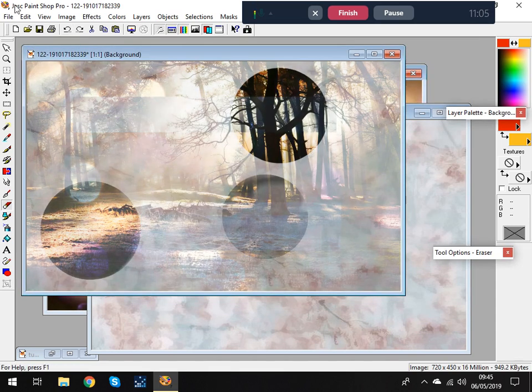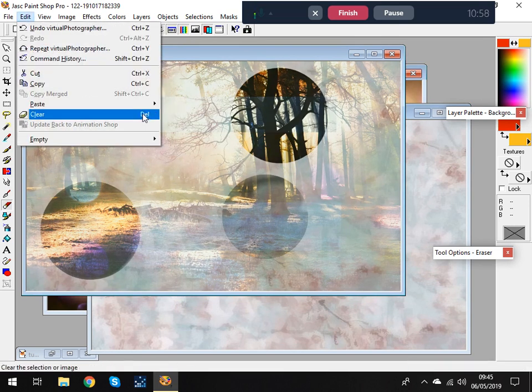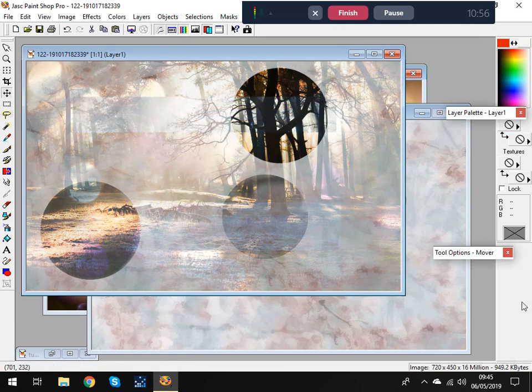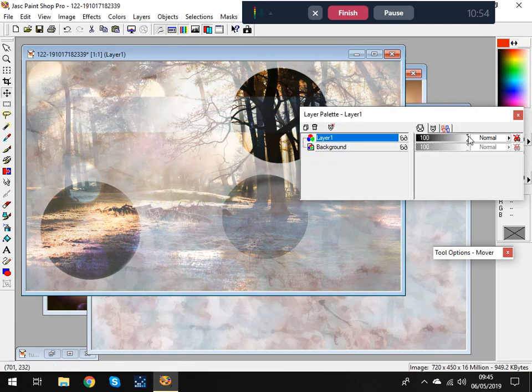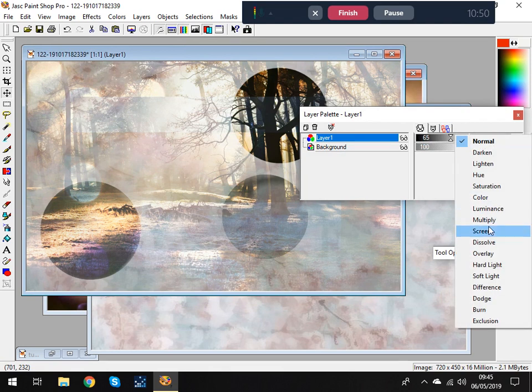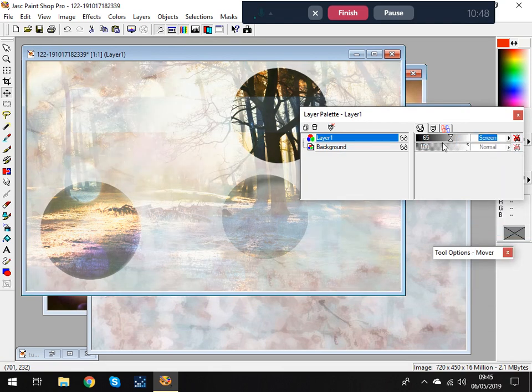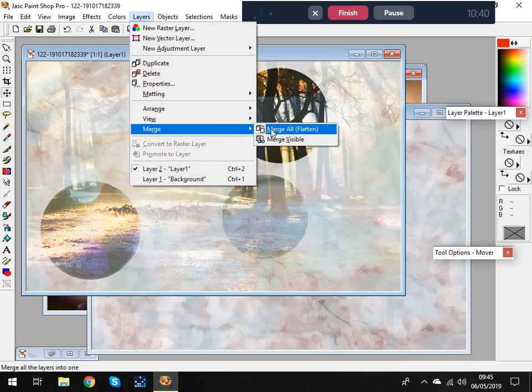So edit and copy, redo your effect, edit and paste as a new layer, and then you can play with your opacity on that, play with your layer properties, and there you go. Merge or flatten,